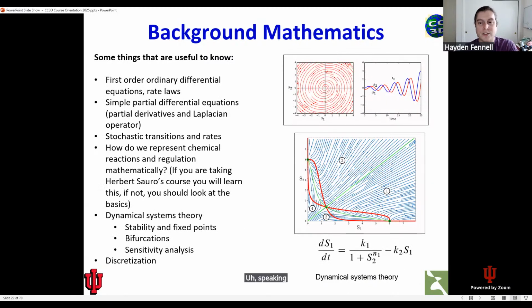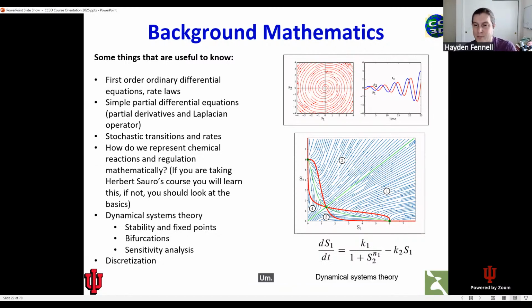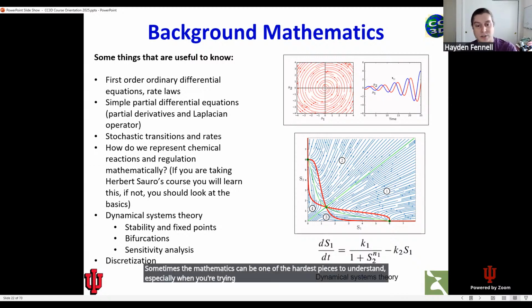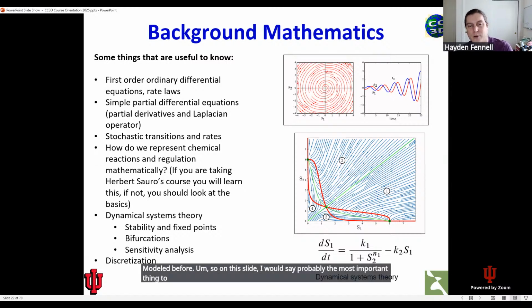Speaking of mathematics, we know that not everybody's coming from a mathematical background. Sometimes the mathematics can be one of the hardest pieces to understand, especially when you're trying to write your own equations to represent a system that maybe hasn't been modeled before. So on this slide, I would say probably the most important thing to do a little bit of background reading on is